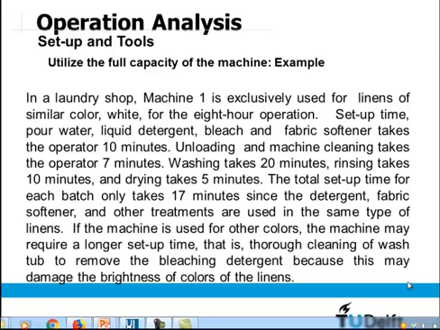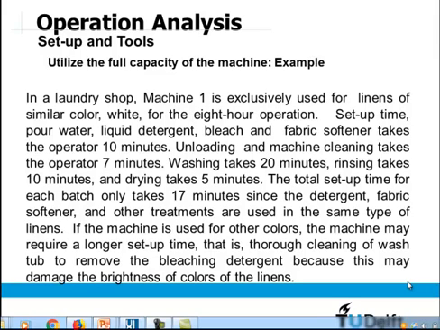Machine 1 is exclusively used for linens of similar colors. We said similar colors means the same materials, and it needs less time if there are other or different materials. For example, white colors for clothes for the 8 hours of operations, which means the full shift in the day. Setup time,